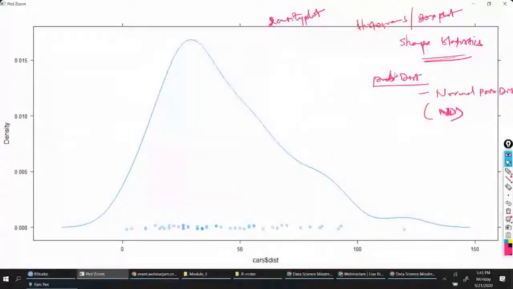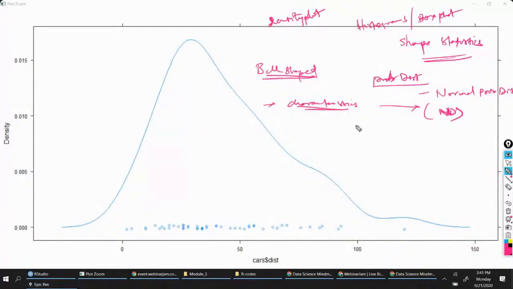But all these visualizations that we are seeing will have the bell-shaped curve. But these bell shapes will vary. So the point that I'm trying to bring in is the characteristics of this normal distribution is explained by two